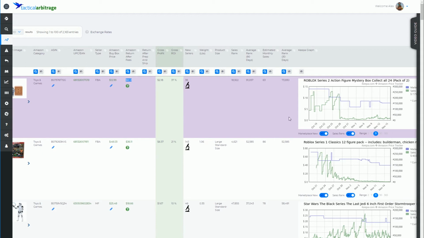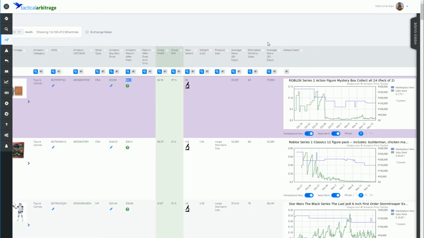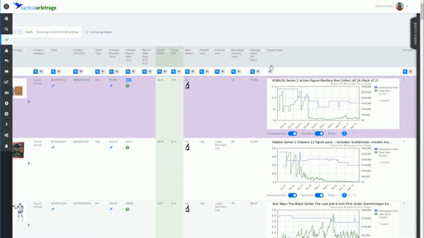And if I wanted to go into this a bit further, I might remove a few other things here. It can be kind of handy to have the 90-day rank open, the 30-day rank. But I'm going to remove the actual sales rank because I prefer these average ranks. I'll just leave the 30-day rank open for now. Especially now that at the time of this video being made, we're getting closer to Christmas. So crunch time is actually a little more compacted than throughout the year, where the 90-day